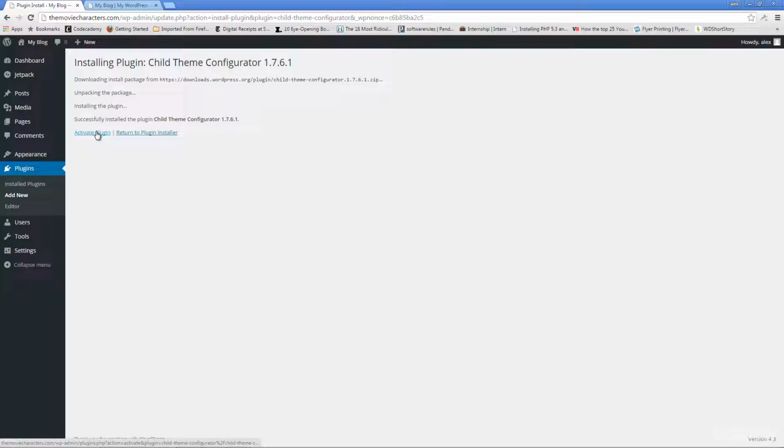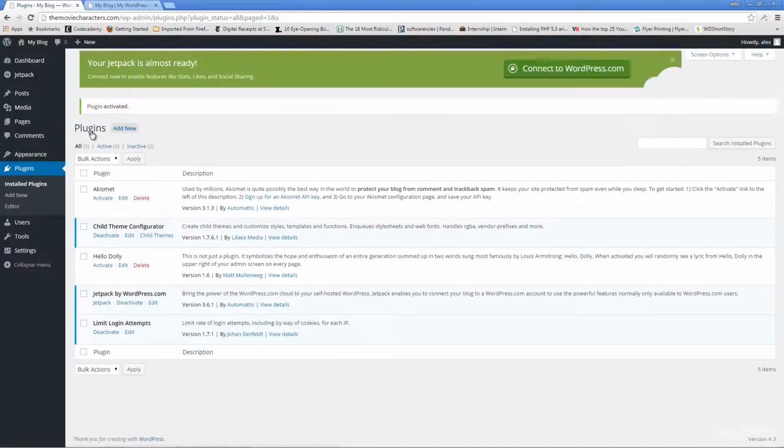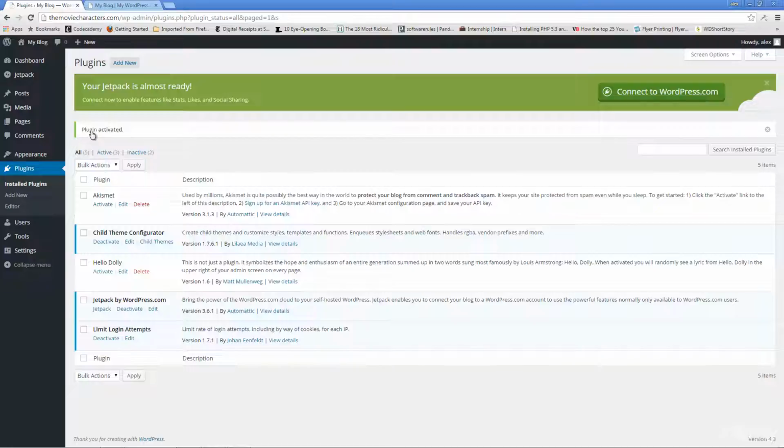And I am going to activate the plugin. There is a manual way of creating a child theme, but that's a bit more sophisticated, so I prefer using this method, at least for the purposes of this class. So we have Child Theme Configurator, and we have deactivate, edit, and child themes. I have never actually used this plugin before, in all honesty, so just bear with me if I make any mistakes. But one thing about plugins, and you will realize this as we move on, is that sometimes you would have links to the plugins themselves show up somewhere along your